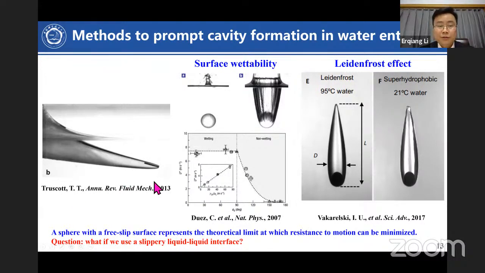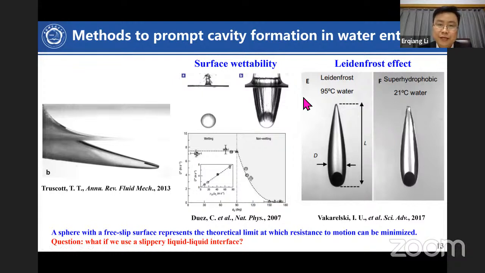So basically we are interested in this phenomenon not only because of its beauty, but also because it can benefit our applications. For example, if you have a sphere and throw it into liquid, it will sink if the density is larger than the liquid, right? If it looks like this shape, it will produce a wake behind it, which will exert some drag on it. And if it can produce a cavity like this, you have a streamlined configuration, then the drag will be reduced. So this is useful for many real applications.